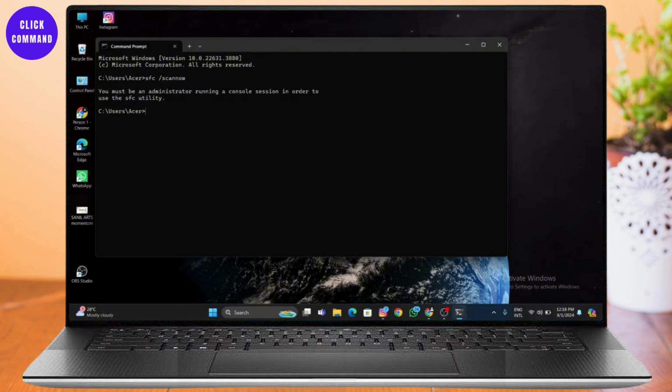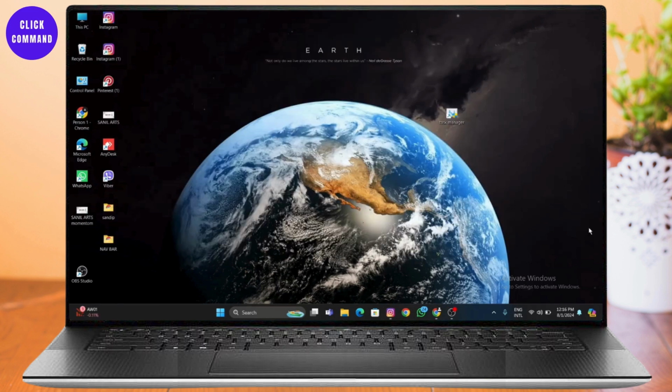First, try running a system file check. Open command prompt as an administrator. Type sfc /scannow and press enter. This will scan for and attempt to repair any corrupted system files. Let the scan complete. If it finds any issues and fixes them, restart your computer normally to see if the